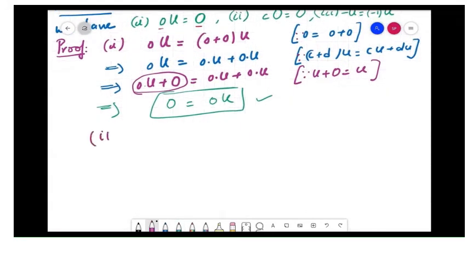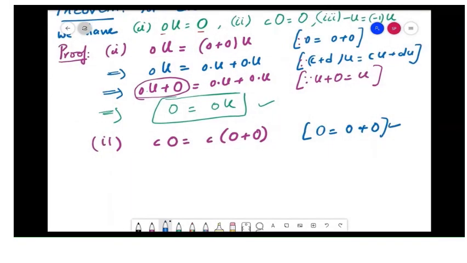In the second one, we have to prove c into 0 is equal to 0. So I'll take c into 0, and again I'll write this as c into 0 vector plus 0 vector. In the previous one you wrote 0 scalar plus 0 scalar. Now you are writing the 0 vector as the sum of two 0 vectors, which will be true in a vector space. So which implies